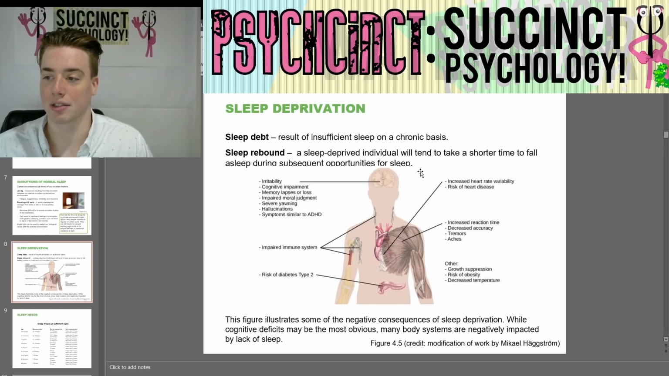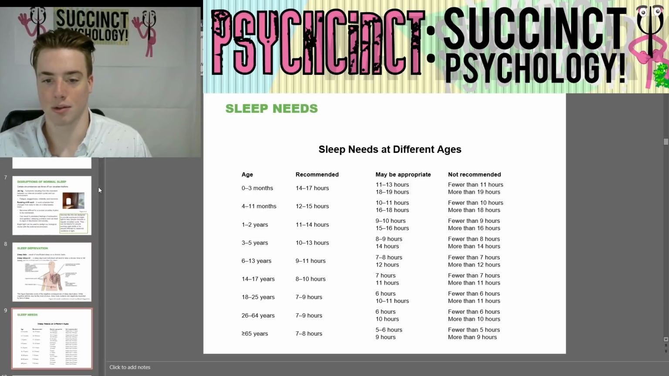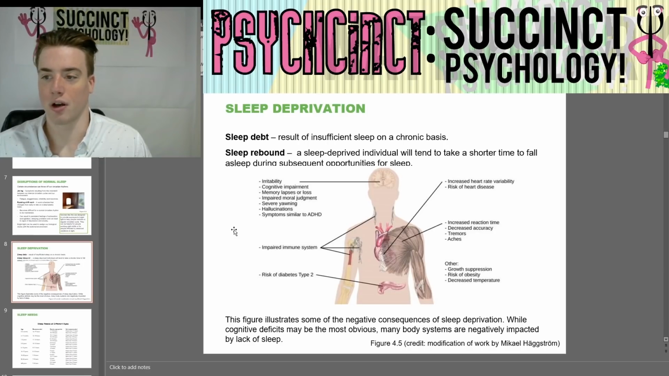Now, sleep rebound is when a sleep-deprived individual will tend to take a shorter time to fall asleep during subsequent opportunities for sleep. So if you've been going through a period of insomnia or restlessness, where you can't get a good night's rest, then once your sleep rebound kicks in, if it normally takes you 30 minutes to go to sleep, like you lay in bed, don't touch your phone or anything, you're just trying to go to sleep, it might take you 15 minutes because your body recognizes that you need more sleep, and in that opportunity, it's easier for you to fall asleep